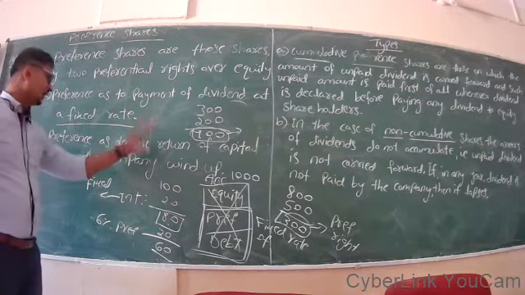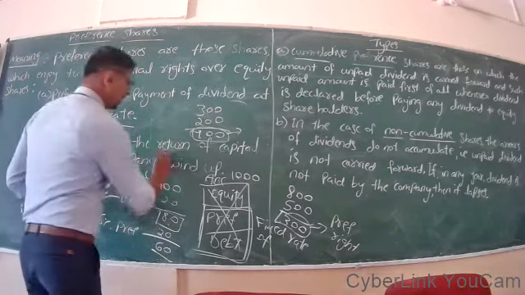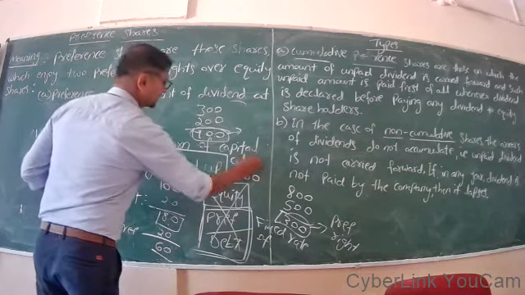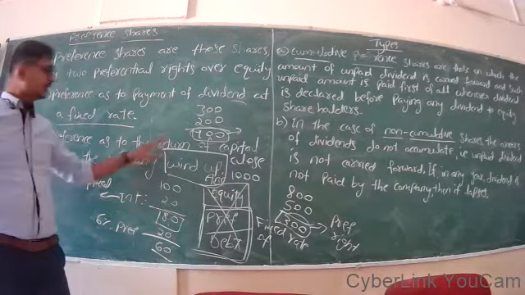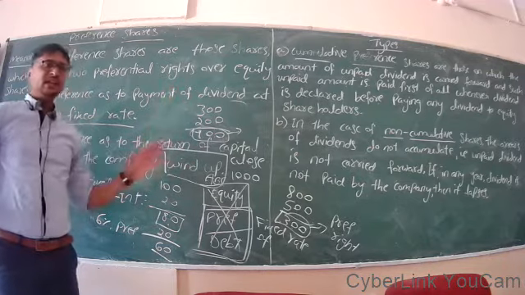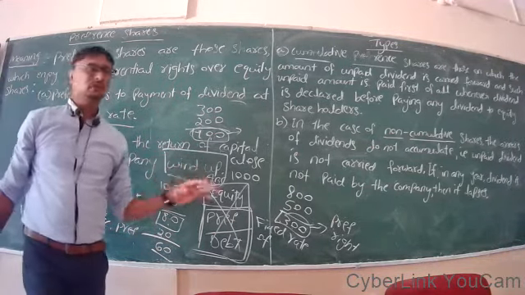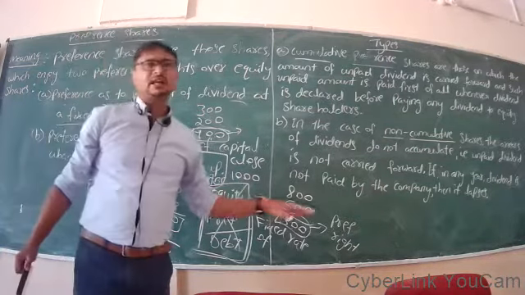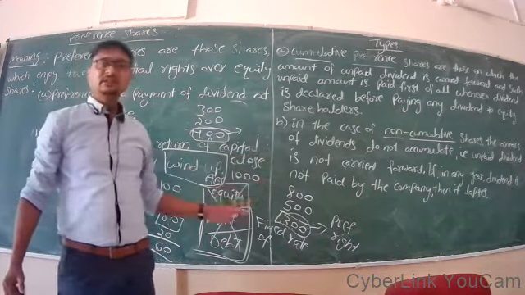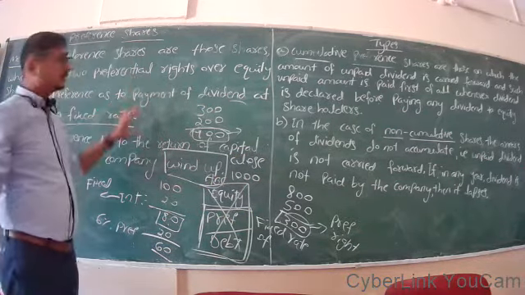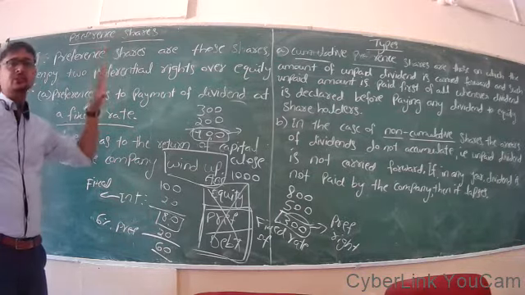Preference as to the return of capital when the company winds up. Wind up means it closes its business. When it terminates its business, when all the assets are realized, after paying their debt, debenture, or loan, preferential shareholders have right on this amount. They can claim, they enjoy this amount. So these are the two unique features of preference shares which equity shares